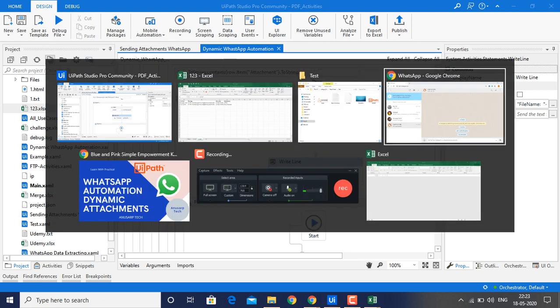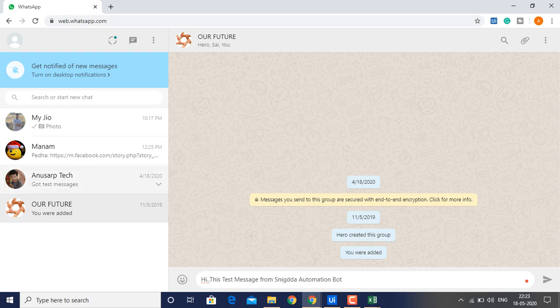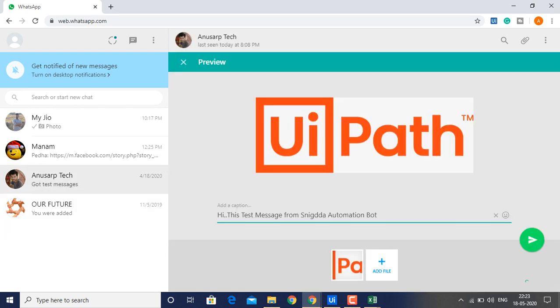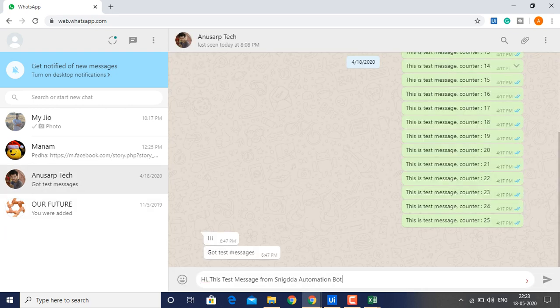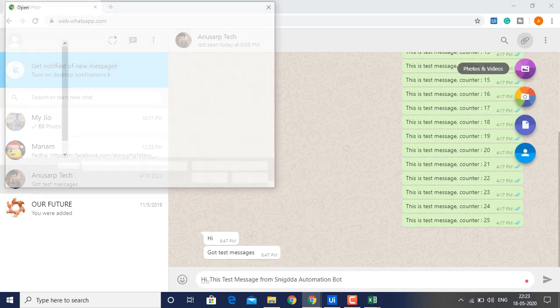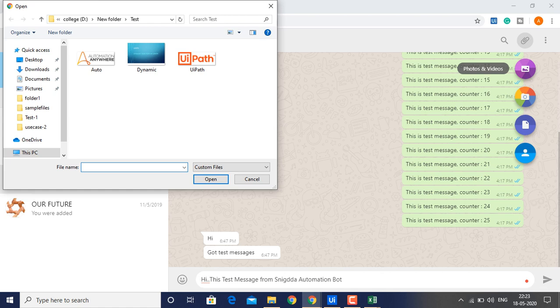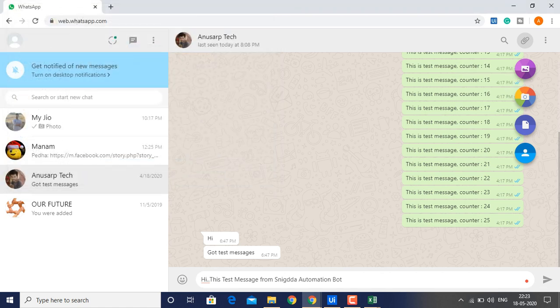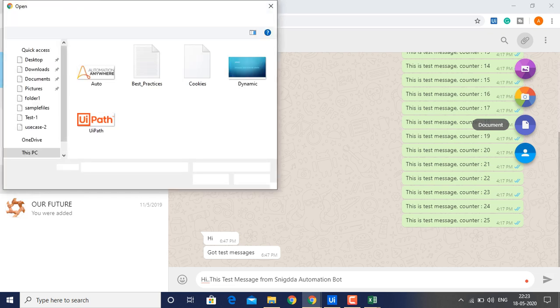Why? Because here we have to select the option depending upon the attachment. If it is a .png or picture or anything, we have to select the Photos and Videos option. Otherwise we have to select the Document option.